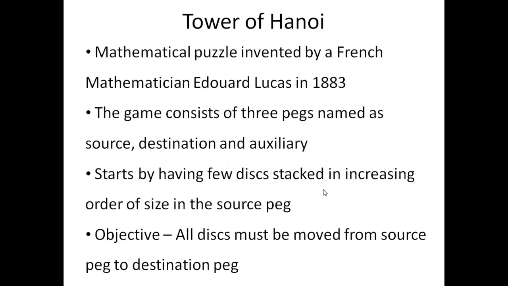Next we are going to take the concept of Tower of Hanoi. So Tower of Hanoi is a very famous concept. It was a mathematical puzzle that was invented by a French mathematician, Edouard Lucas, in 1883. The game consists of 3 pegs named as source, the destination and the auxiliary, and it starts by having a few disks